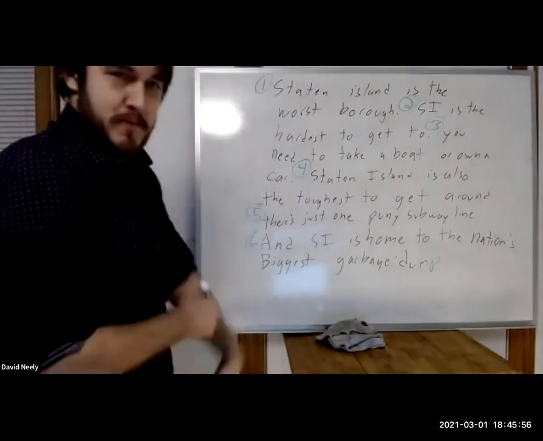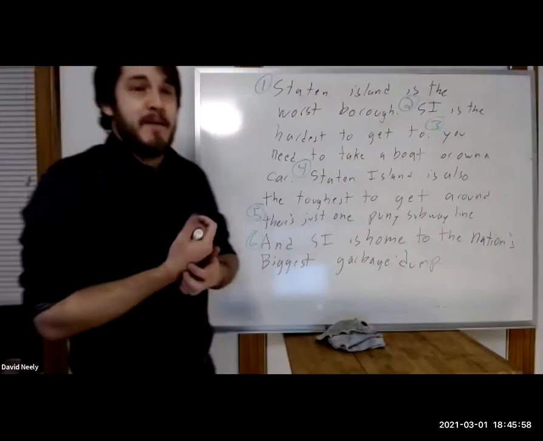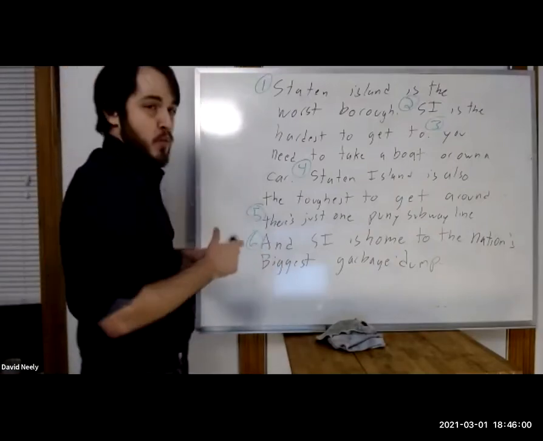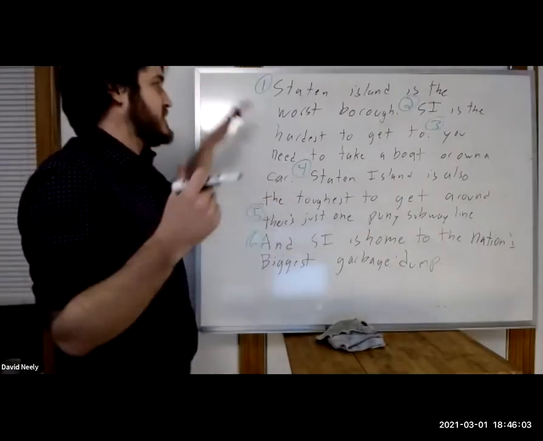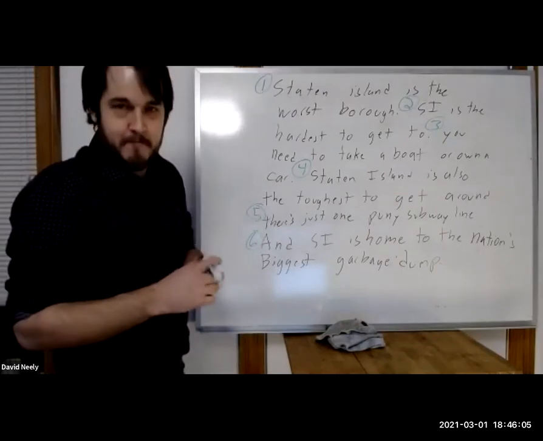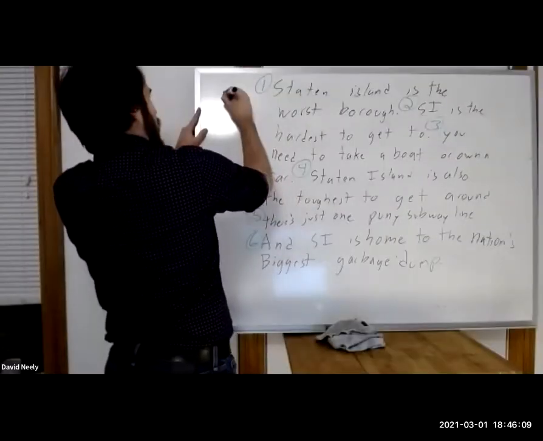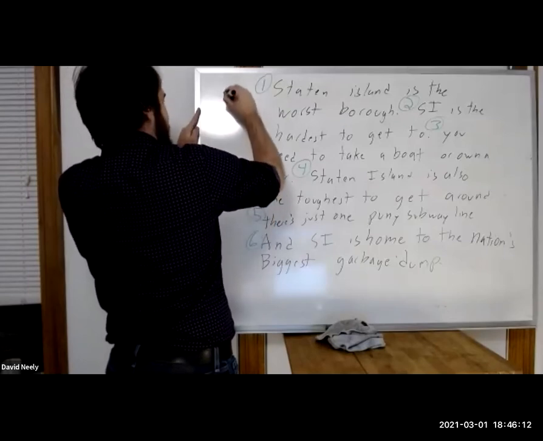These form an argument structure. What is going to be at the very top of our argument structure? What is the main conclusion somebody who said this would be trying to prove? Staten Island is the worst. Arrow. Yep. So the very top of the thing would be 1. 1 is at the top. Now,